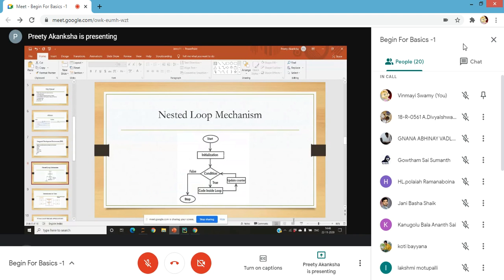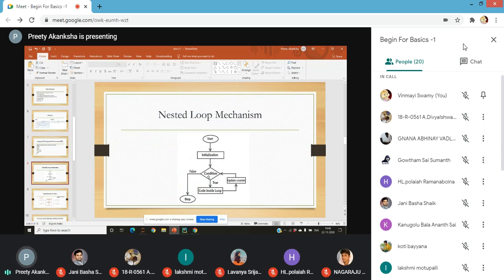Nested loops is nothing but, here's a flowchart for a nested loop. It will start with initialization. This is the outer loop, and if we mention one loop inside another loop, it will check the condition of the outer loop. If the condition is false, it will stop there and then. If the condition is true, it will go